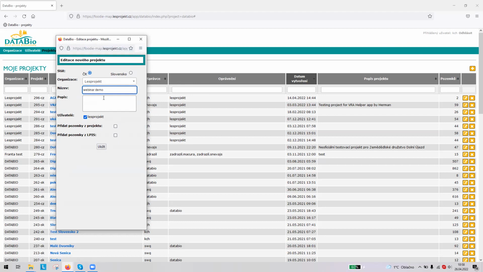And in Czech Republic and Slovakia, we are directly connected to the LPIS, to the public part of the LPIS database. So if I know the name of the farm and the location, I can directly import the fields of the farm. The interface is in Czech, so I will explain everything. Now I am entering the region, then the cadastral area,